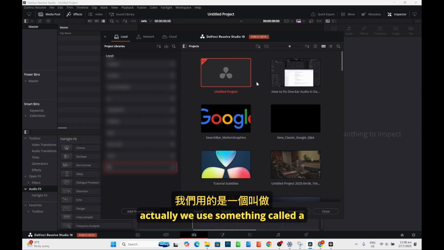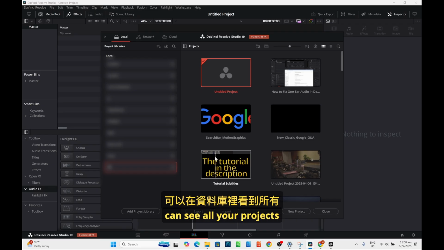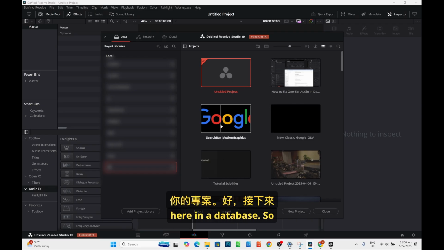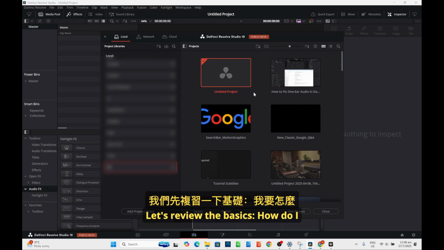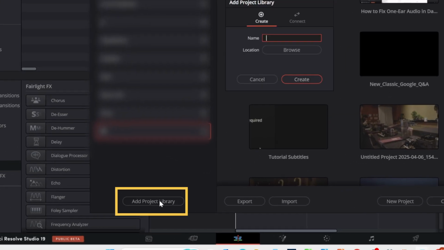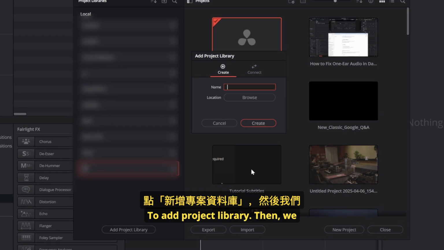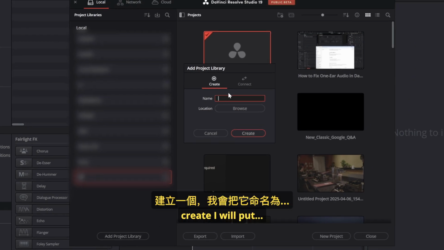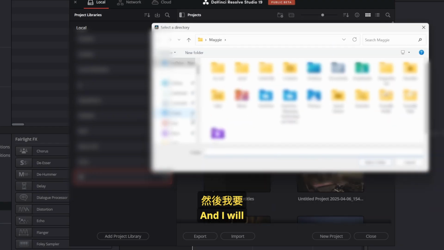In Davinci Resolve, actually, we use our database system. So of course you can see all projects here in the database. So that's the basics of how to open the database. So come here to add project library, then we create. I'll name it test database,